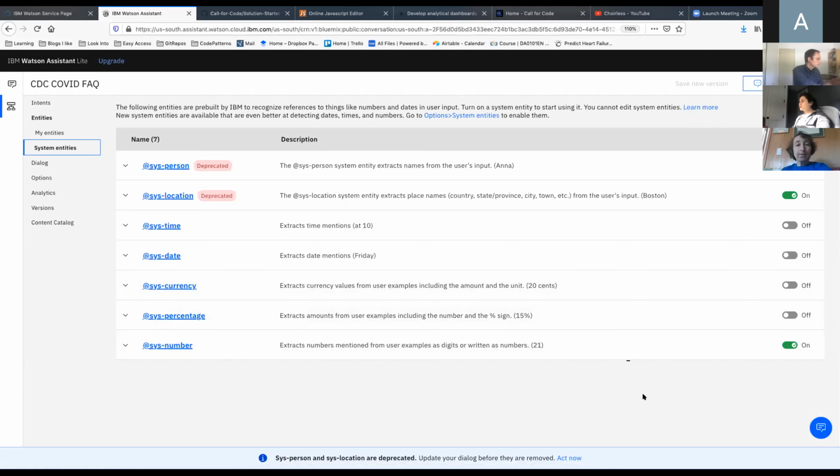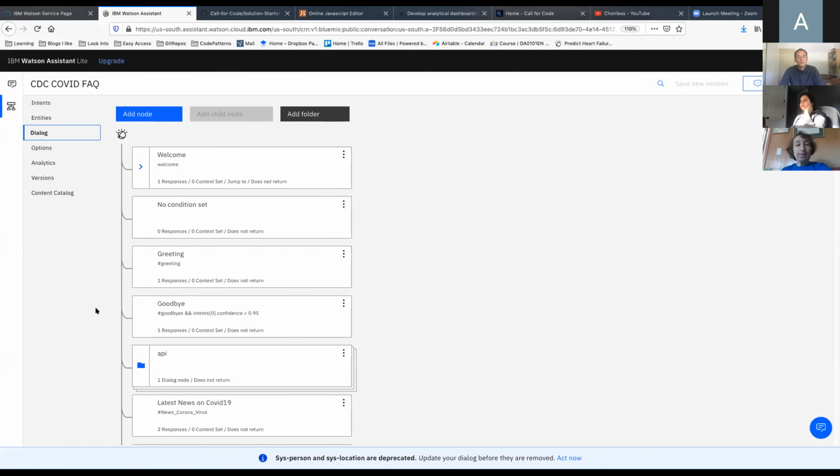Some of these we have toggled on, for example numbers. That means if someone asks, like, how many people are affected, the bot knows that the answer will probably be a number. That's an entity we've turned on, as well as location and person.